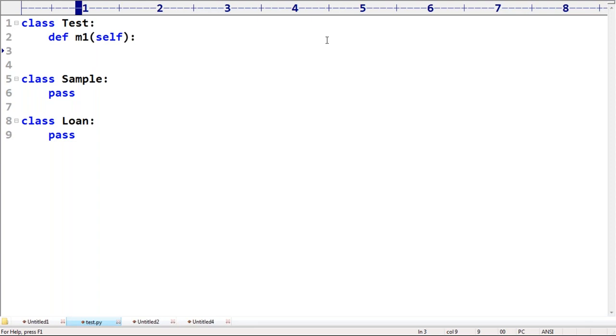If the admin asks a question and Team A is responsible to answer but they don't know the answer, they just pass. Automatically it will be moved to the next team. Pass means we are not doing anything.